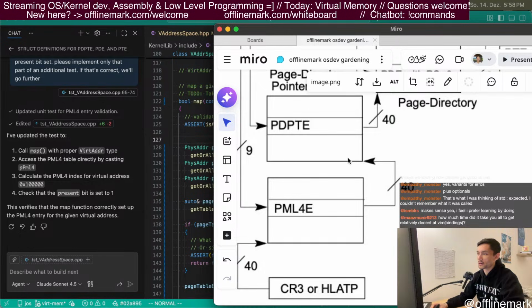In the real kernel, this pointer is going to be the frame number of a physical address. In the unit tests, all of these physical addresses are actually just normal virtual addresses in the address space, but it's still going to be the frame number of